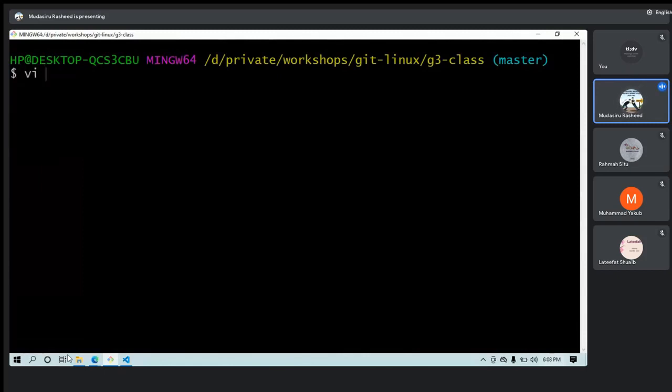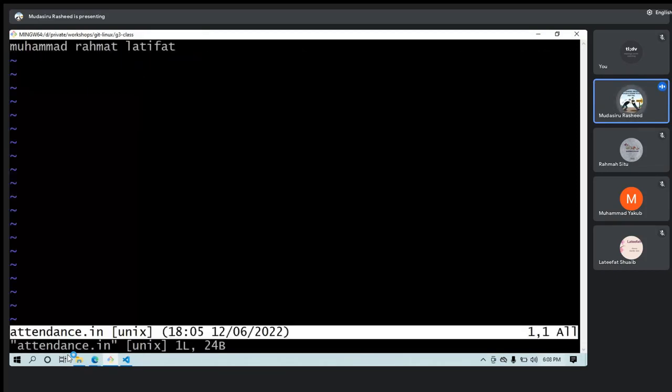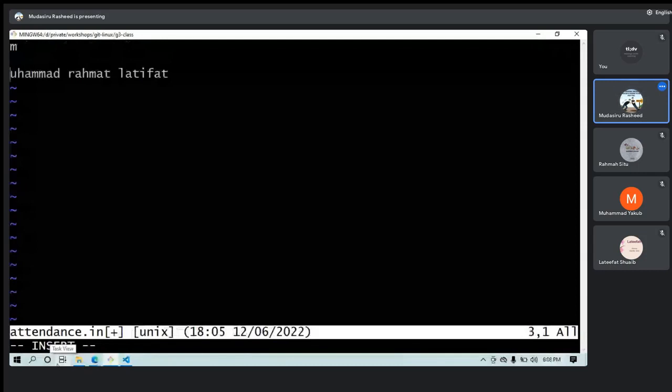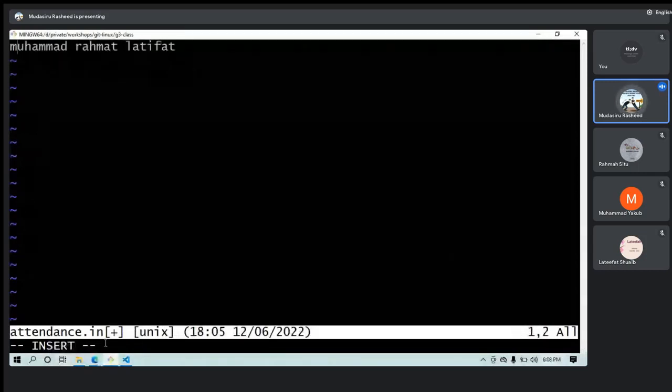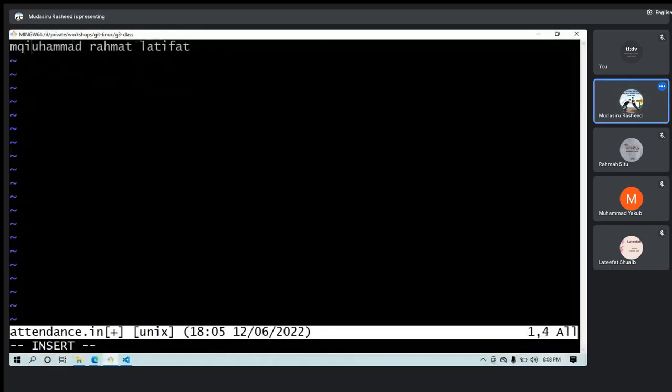What I did was vi attendance.in, and it opens up. This is the vi text editor, but this one requires another level of expertise to operate, so we are not using it. Let me just quit it, then go ahead.